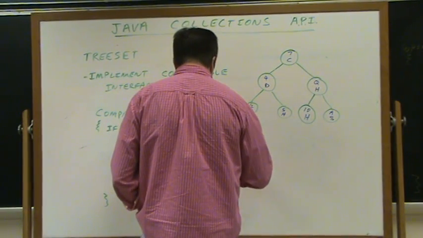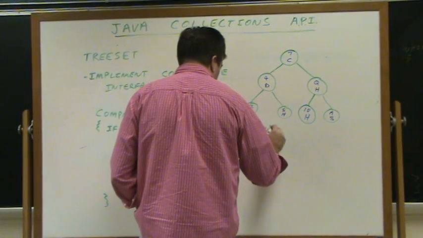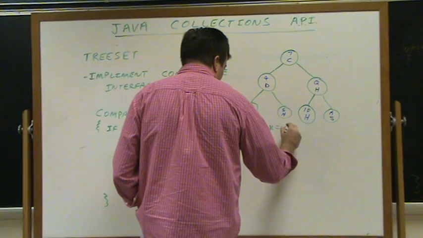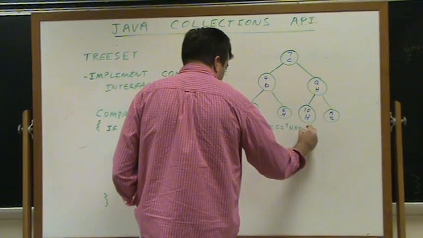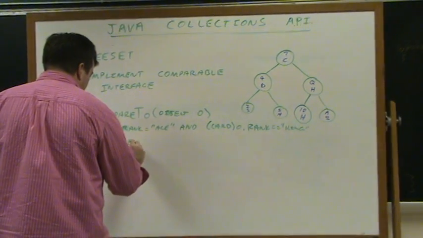Object dot rank equals king, then return